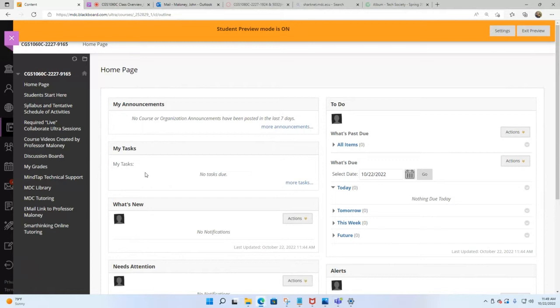Okay, so now let's first talk about the modalities, right? At Miami-Dade College, we have 4 modalities. One is MDC Online. MDC Online is a fully asynchronous online environment where you do the assignments that have been provided to you, that are in your syllabus or in your schedule of activities, whatever your professor calls them, and you just have to do them by the due dates that are there.